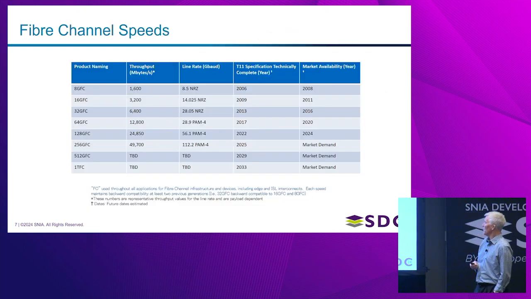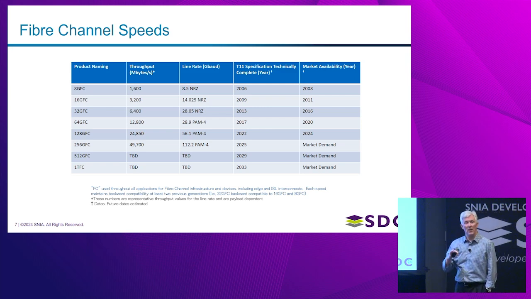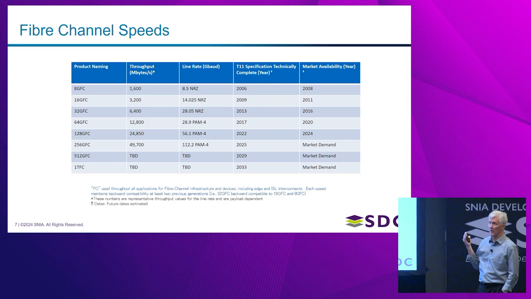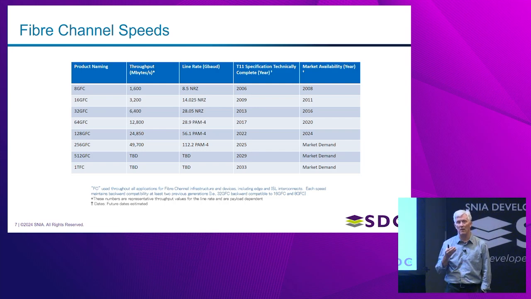To get a better view of what the 128 gig specification focused on, this is a little bit different chart describing not only the different speed throughputs that are shown at each one of the speed bumps here, but also the encoding schema. And you'll note here at the break between 32 gig and 64 gig, the encoding changed. And that was fairly significant for the Fibre Channel industry as well as the transmission industry in general. Our ability to achieve the higher baud rates was requiring a more effective encoding schema, which is referred to as PAM4.